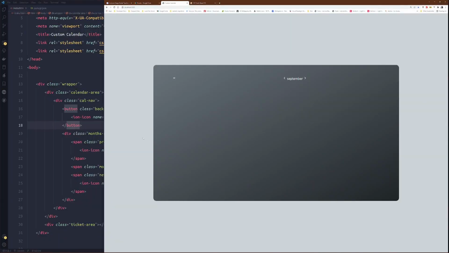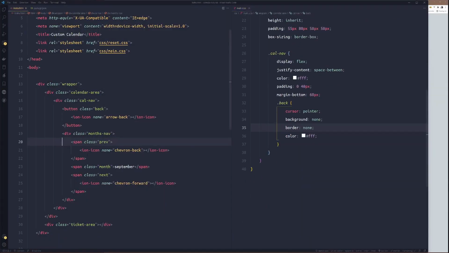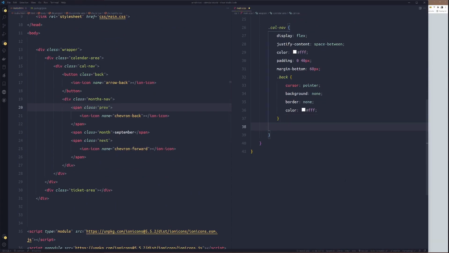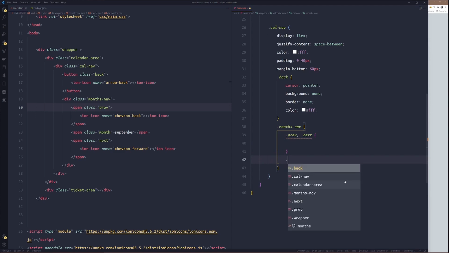So we'll target and style. Just underneath the back, we will target month nav. Inside this month nav, we'll get prev, next, then month.